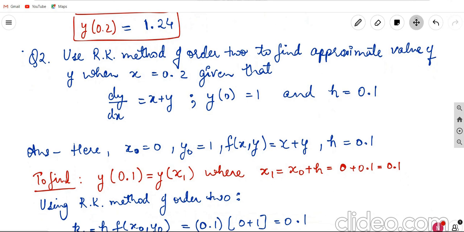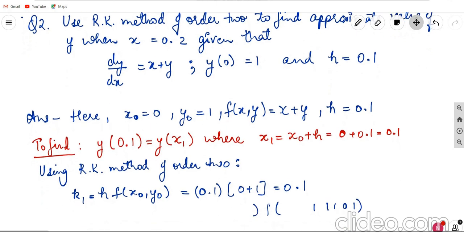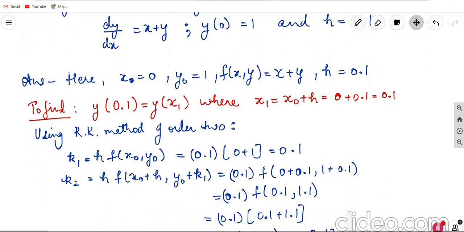So let us see here. x naught is 0, y naught is 1, f of x, y is x plus y, h is equal to 0.1. So what would be our first approximation? The first approximation would be y at x1. x1 is x naught plus h, that is 0.1. So I will calculate first the first approximation, that is y at 0.1, using the same RK method formula of